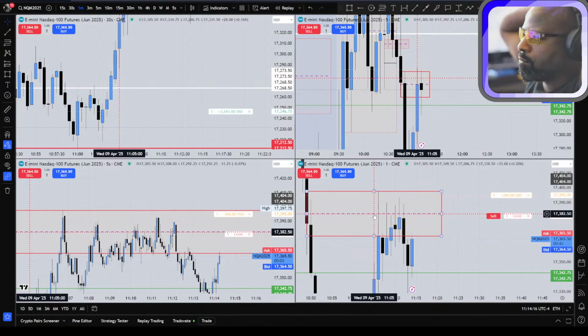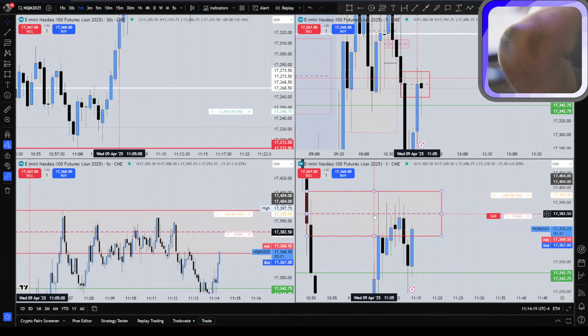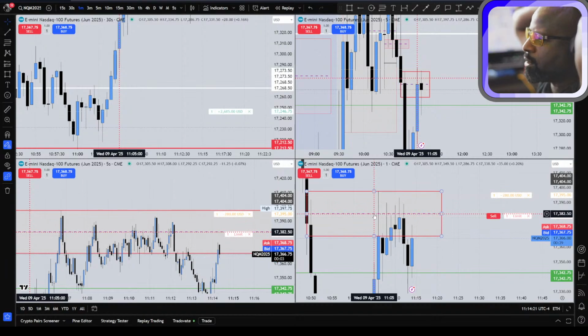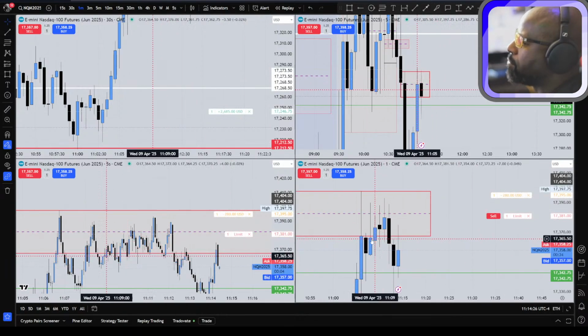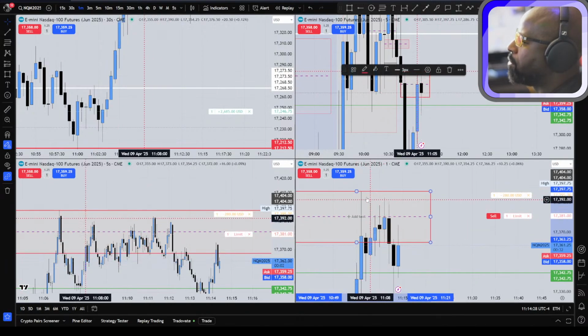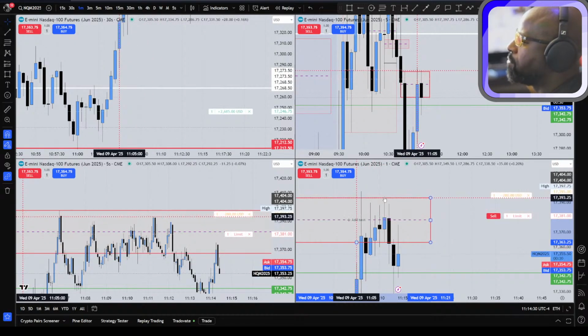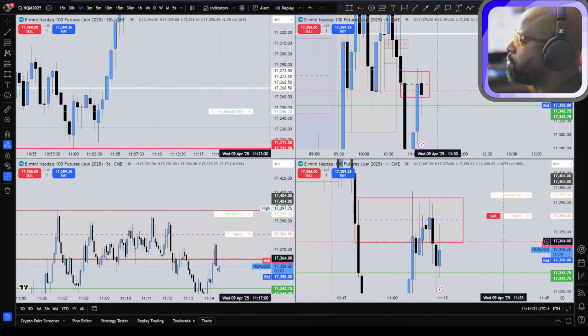There's plenty of liquidity in the wicks today. It is not in the bodies. It's not at consequent encroachment. It's not the mean threshold. Well, this is at the mean threshold. That looked like mean threshold right there. If I did this one candle, that's right near mean threshold. So